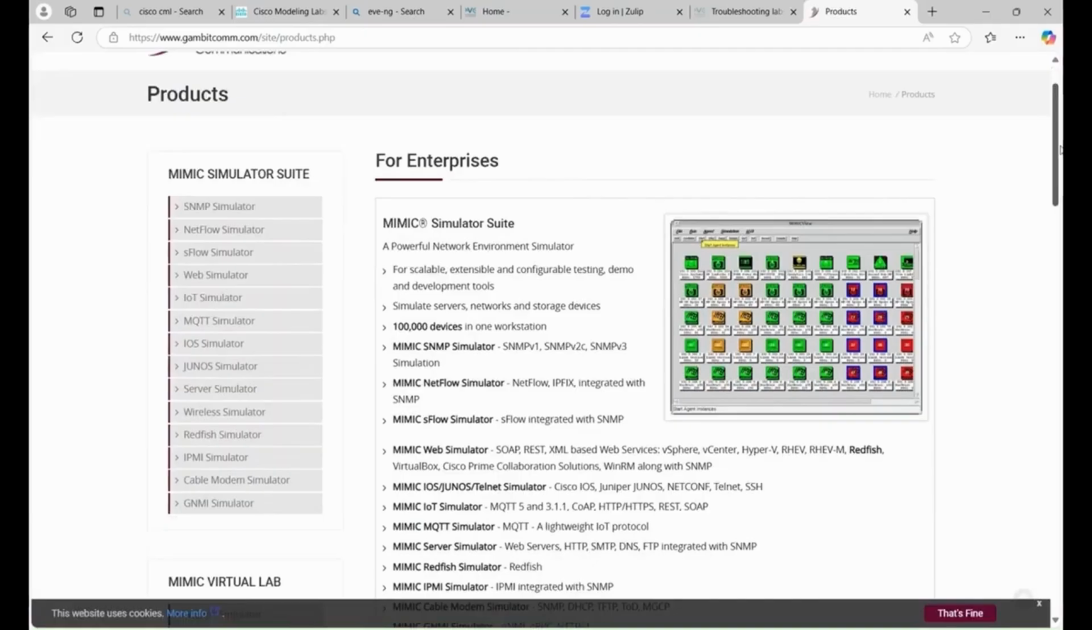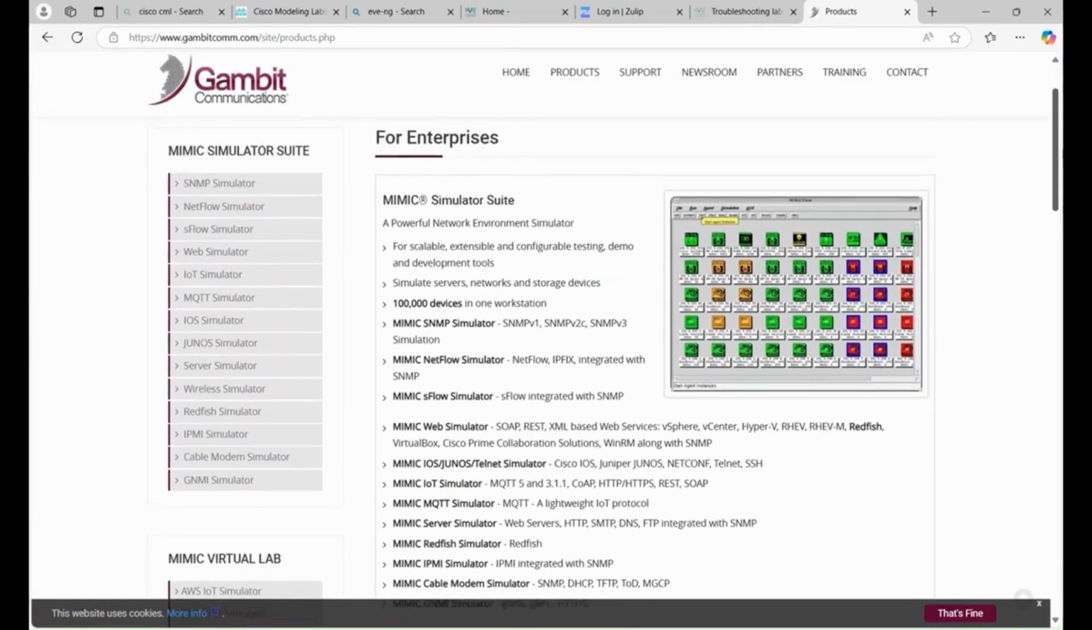This is an illustration of what Mimic does as a virtual lab. For $500 to get started in a simulation environment for a lab and supporting up to 100,000 different simulations, it's a good product. I'm not a developer, and I don't have time to mess around learning something new just for